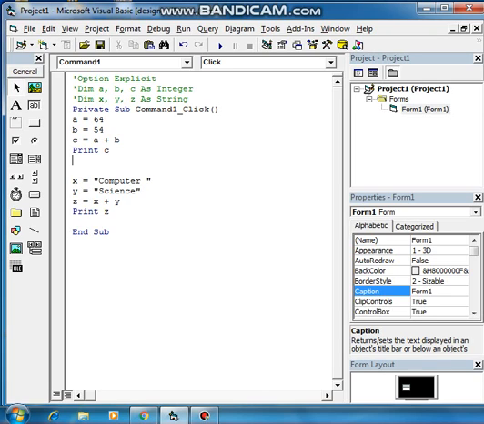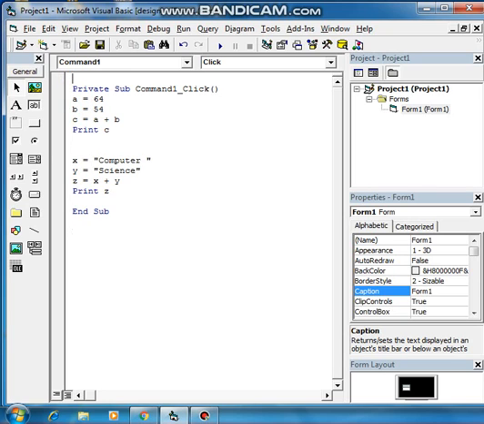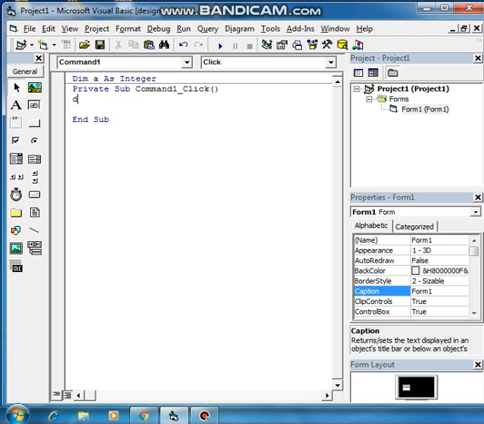Okay students, so now let's see about the variable types: local variable, module type variable or procedural type variable. Suppose, see students, I declare here the variable as dim a as integer. Inside I use dim b as integer. So two variables I declare.